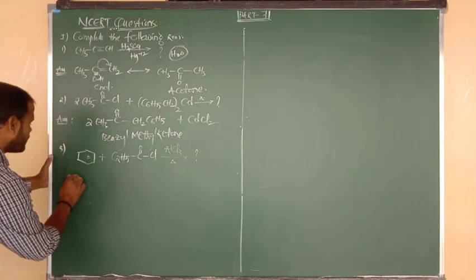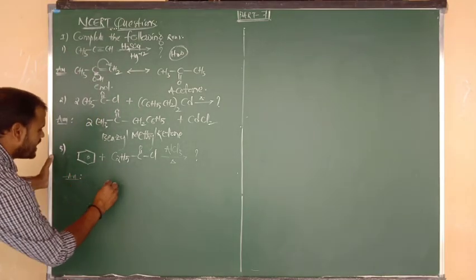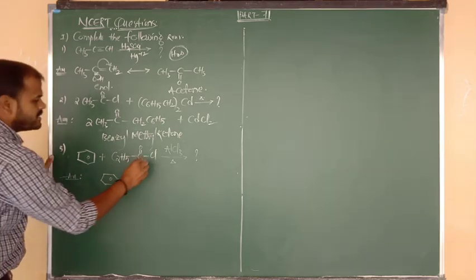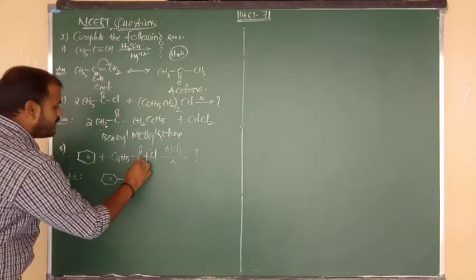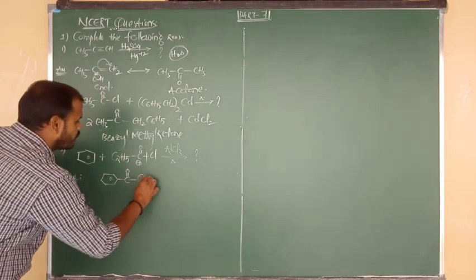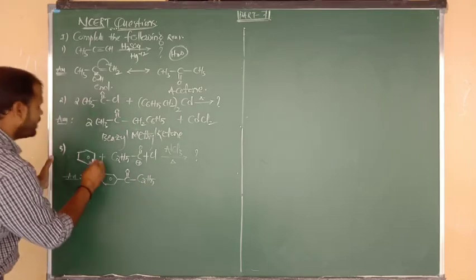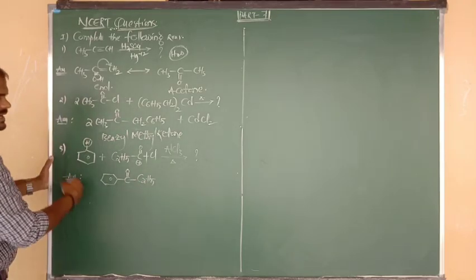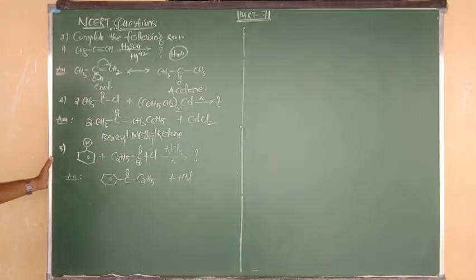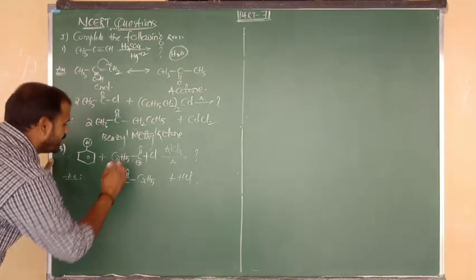So the answer is nothing but what, beta? As per Friedel-Crafts acylation reaction, the answer is benzene bonded to, attacked by the electrophile, C double bond O plus, and again C double bond O connected to the group that is nothing but C2H5. So from benzene we have to remove H plus, which combines with Cl minus and is eliminated in the form of HCl. So your product is nothing but what? Ethyl phenyl ketone.